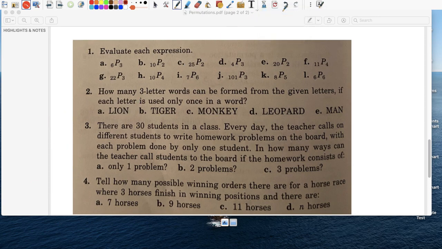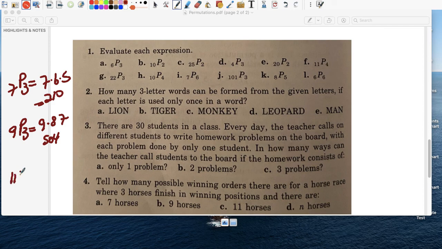Last 3. How many possible winning orders are there for a horse race where 3 horses finish in winning positions when there are 7 horses? How many different first place, second place, third place combinations of horses can we have? It'd be 7 times 6 times 5. So what's that? 30 times 7, 210 different ways for first, second, and third. When there are 9 horses, it'd be 9 times 8 times 7, and that's going to give us 504. And when there are 11 horses,